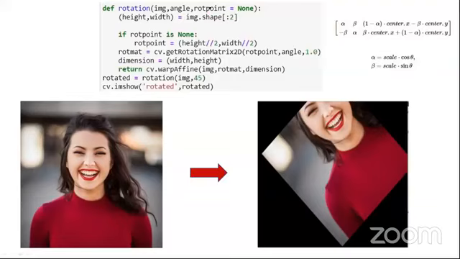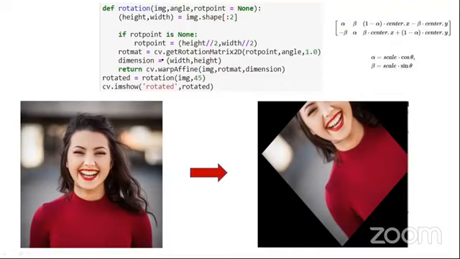So basically img.shape gives you the dimension of your current image. So suppose this image is 500 into 500, then you will get height 500 and width 500. So you need two things here. First is the rotation matrix 2D, which you do not have to worry about.